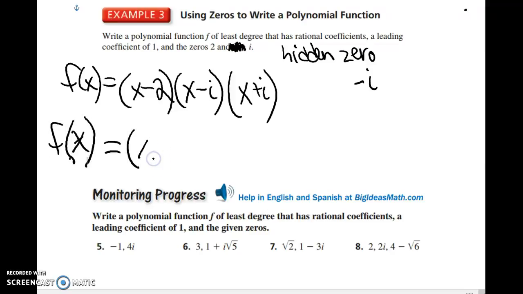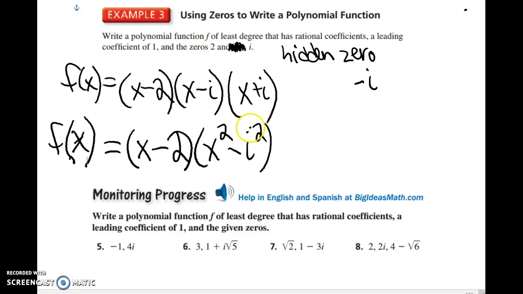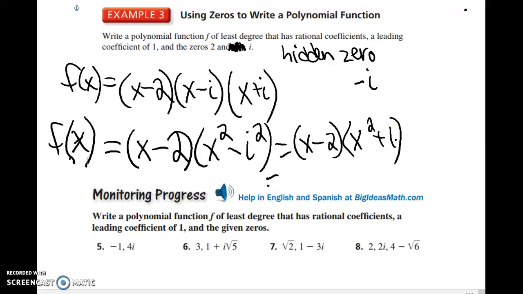we're going to get x minus 2 times, this is x squared, minus i plus i cancels out, so minus i squared, which is really a negative 1. So this is going to equal x minus 2 times x squared plus 1, because we have minus and negative. Now you just have to FOIL this, and if you multiply this out, you should get x to the